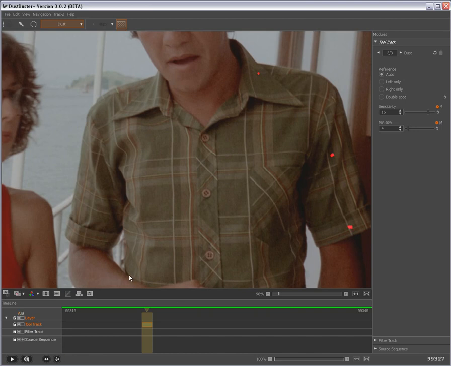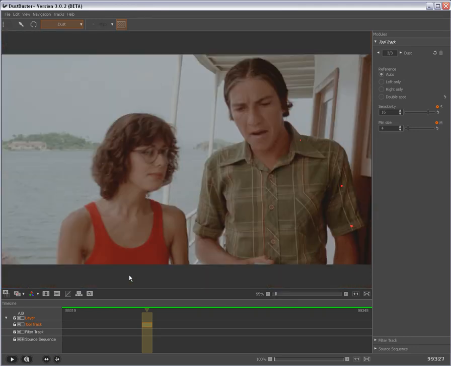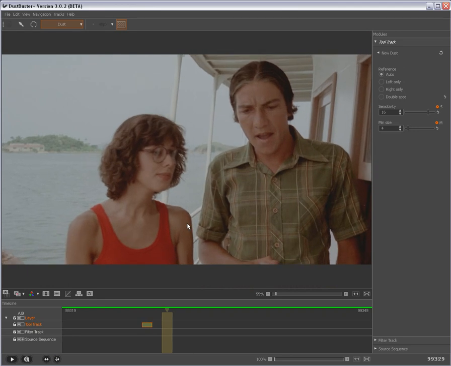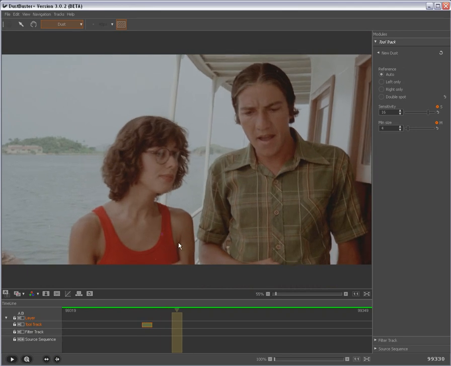As you have seen, removing dust with the dust tool is very simple, but sometimes it's not possible that dust will detect the actual dust spot, and then we would have another tool called Interpolation. I select Interpolate, which will replace everything inside the area. Interpolate has two interaction modes, either with a brush or with a